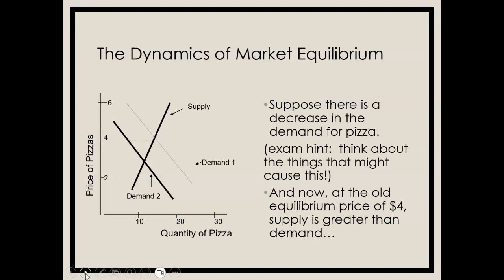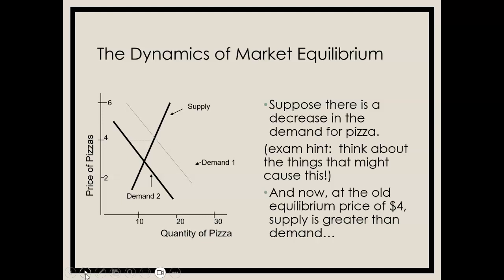Anyway, let's go back to our market here for pizza, where we've had a decrease in demand. So notice we've gone from demand curve 1, which is now very faint, to demand curve 2, which is more obvious. So now we have an equilibrium quantity in the market of, say, about 12, and it looks like the price would be about $3 a slice.